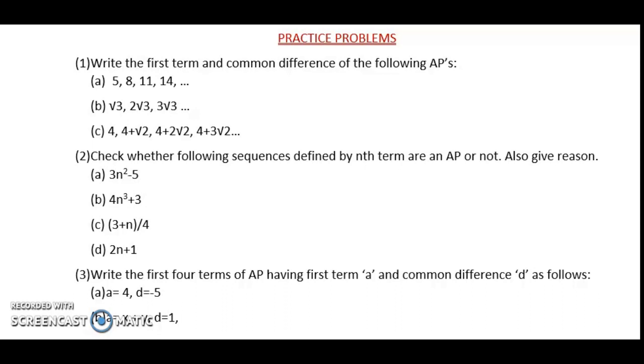So in this lecture we have seen the very basic concept of arithmetic progression, and based on this lecture you can solve this practice problem, and in the next lecture we will start the second topic of this